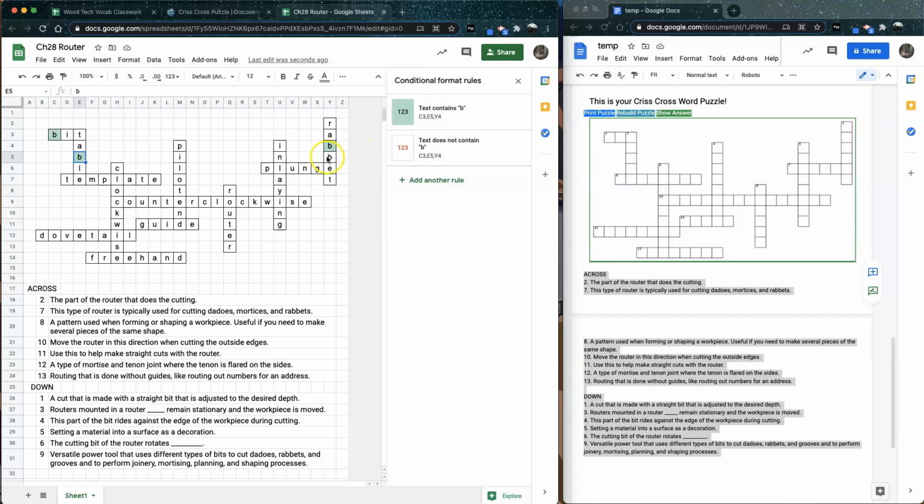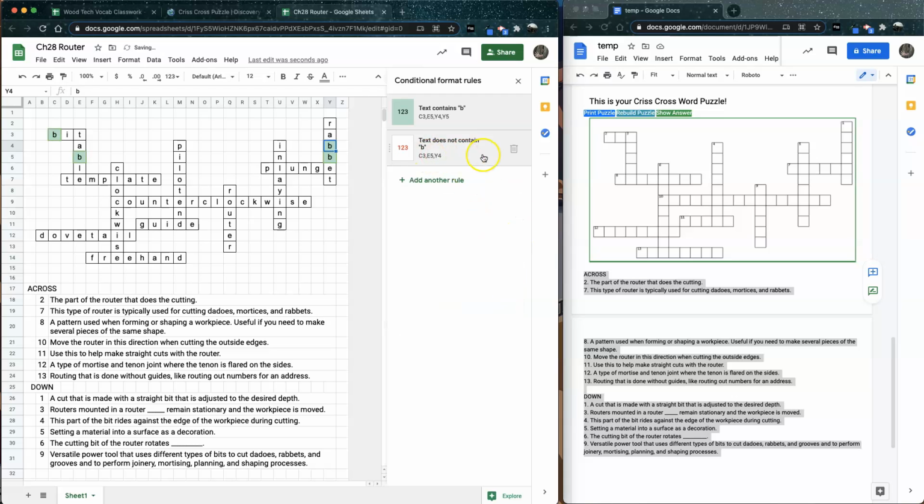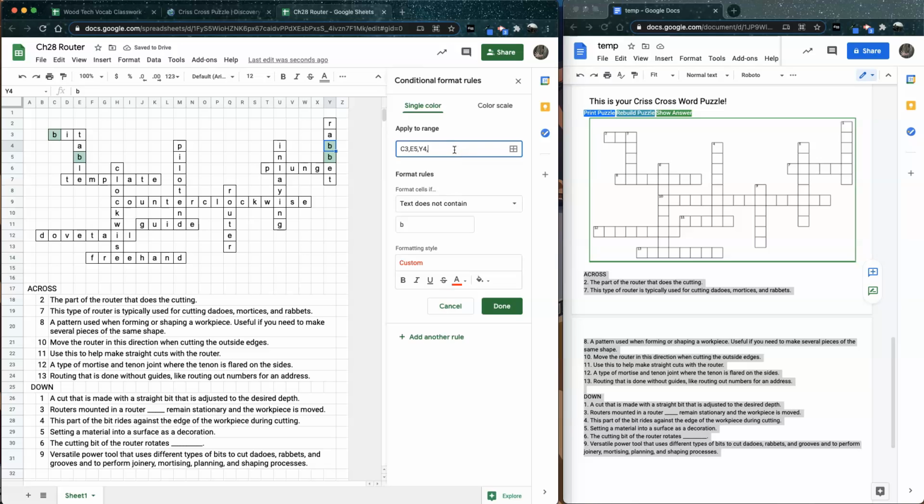So now, I made a mistake, I accidentally forgot this B, and I want to add it, right? I don't want to have to go through that whole process again and add another rule. So what I'm going to do is select the field, come up here, and take note of which field I'm in. You can play the game here, it's X and it's Y, or you can look up here. So it's Y5. Then I'm going to go back to a field that already has that conditional rule in it, and I'm going to add Y5 to it. So I just click here, add the comma, add Y5, say done, and then make sure to add it to the incorrect field as well,